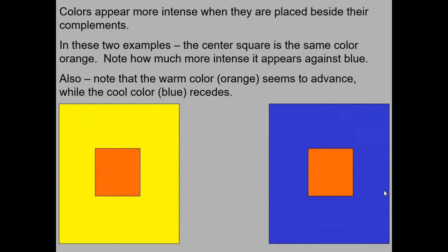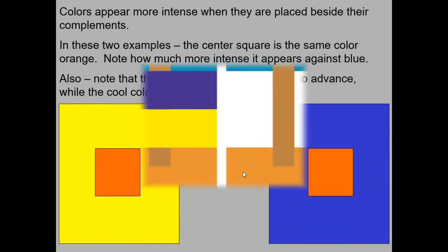We can also create illusions of space by playing with colors, whether they're warm or cool, whether they're complementary. If you look at this orange on the left against this yellow, it seems to be much darker than the yellow beside it. That orange here looks really pale compared to how dark the blue is around it. If I take the background away, though,